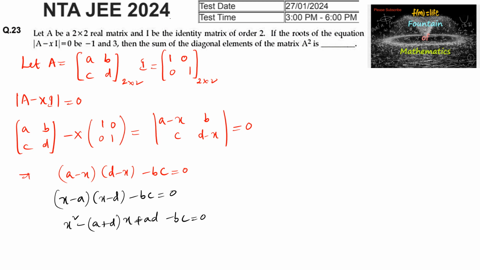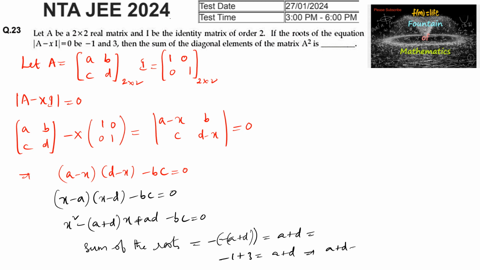So here we can say the sum of the roots is equal to minus of minus (a plus d), which is equal to a plus d, and given the roots are minus 1 and 3, so minus 1 plus 3 is equal to a plus d, that is a plus d is equal to 2, and